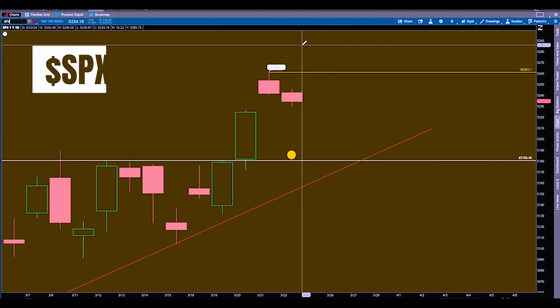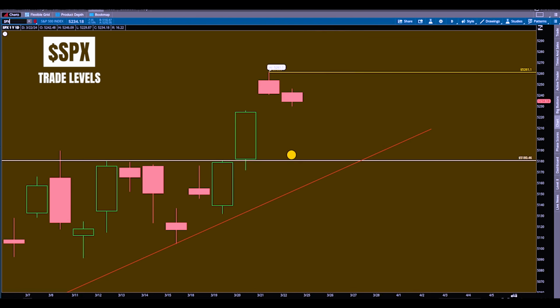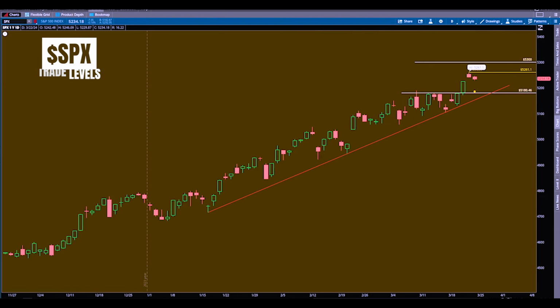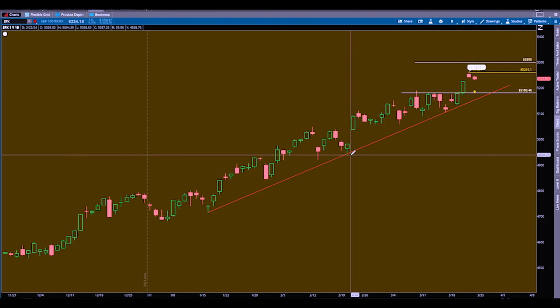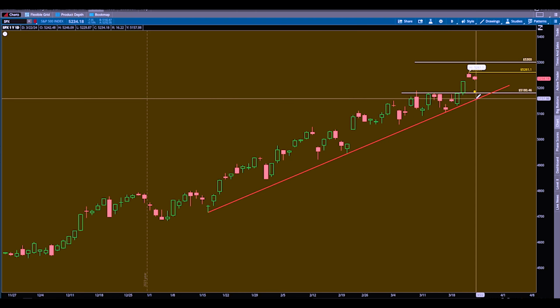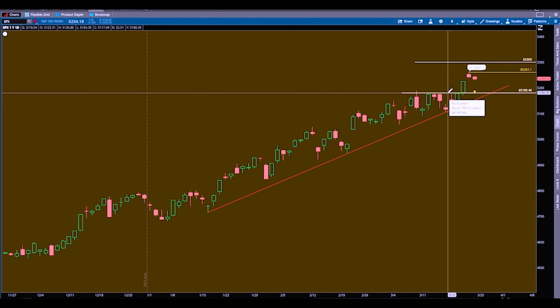Now let's take a look at SPX. The trend line is very obvious on SPX on the daily time frame. You can clearly see we have an uptrend, respecting this trend line well. This could possibly be a day trade. I want to see if we pull down, test this. I'll be watching this area closely, but the most obvious bounce level I have, the one I don't have to strain my eyes to see,